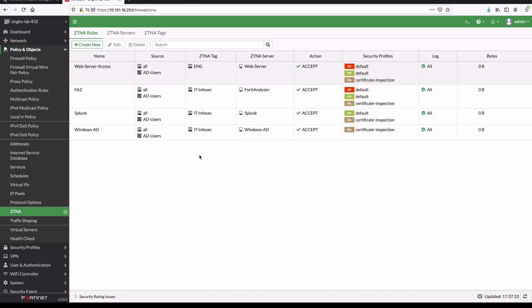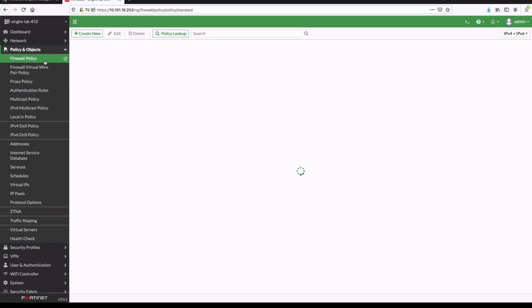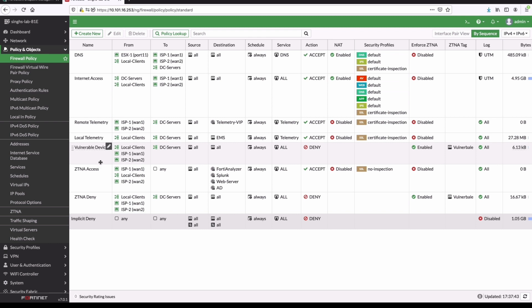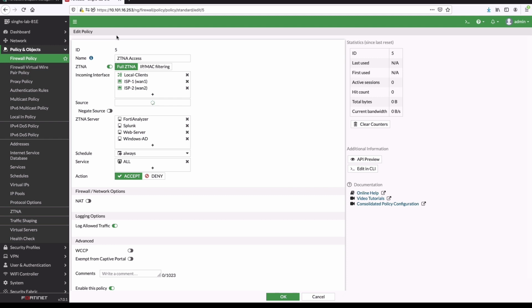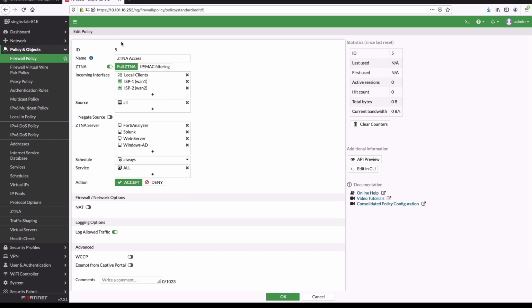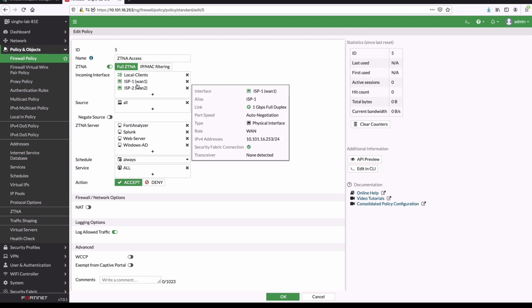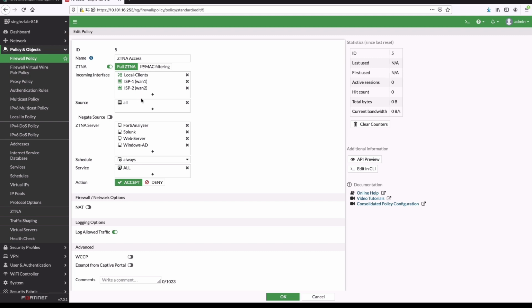At this point, we have configured access proxy virtual IPs and proxy policies for granular access control. Now, we need to configure a firewall policy to redirect incoming user traffic to the virtual IPs. In the firewall policy, we need to enable full ZTNA functionality, specify all the interfaces where we expect user traffic, and select all configured virtual IPs for which we want to enable ZTNA.